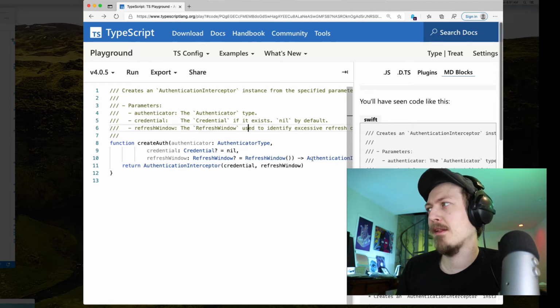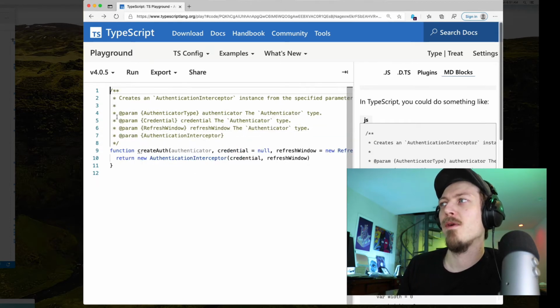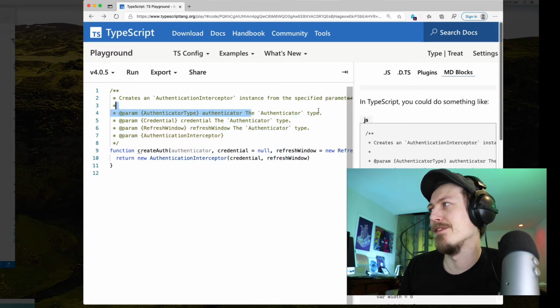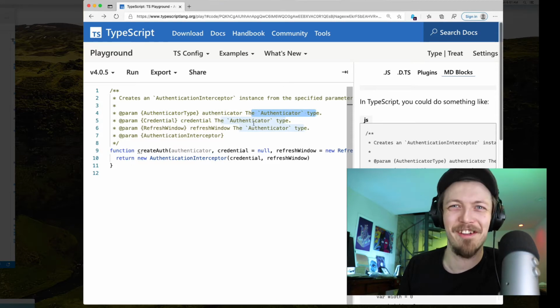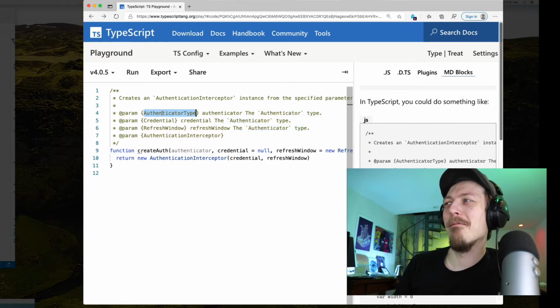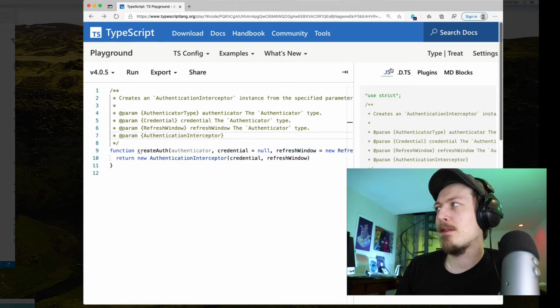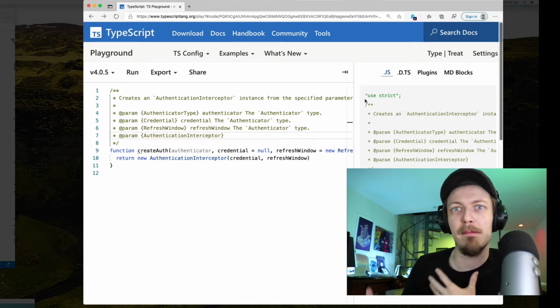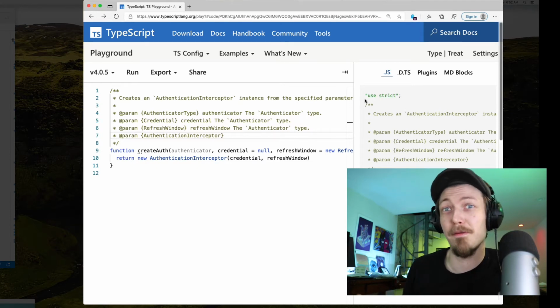TypeScript has the exact same thing where you would just do a param, and then you say the name of it, and then you copy and paste the word authenticator type 3 times. Except here you actually also include the type. Now this is normal JavaScript code, and remember how I said that TypeScript has to support all these JavaScript users?